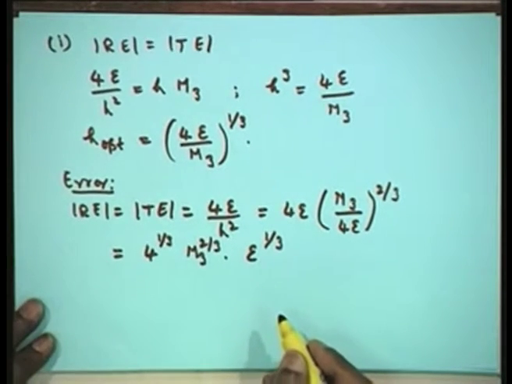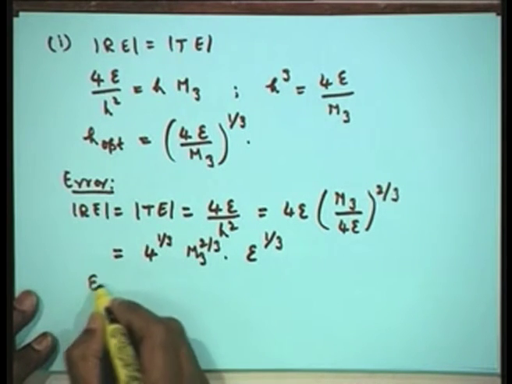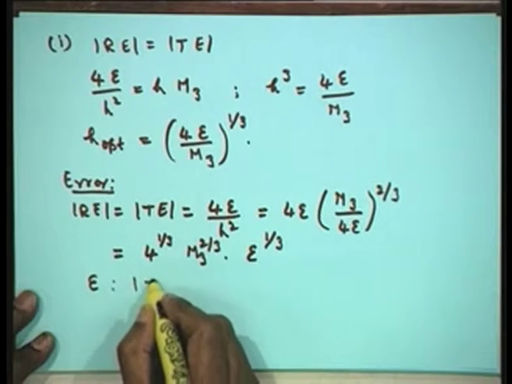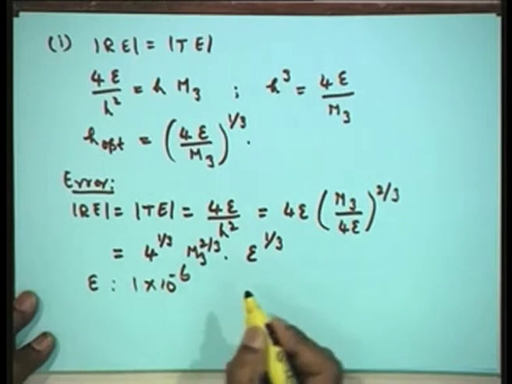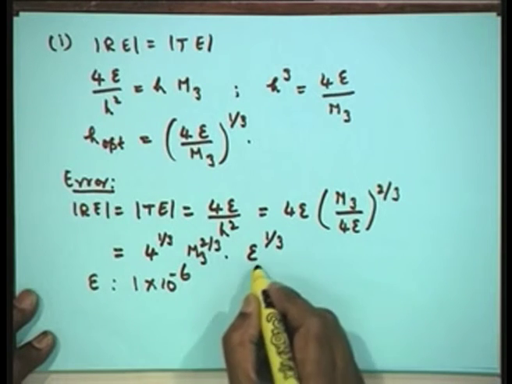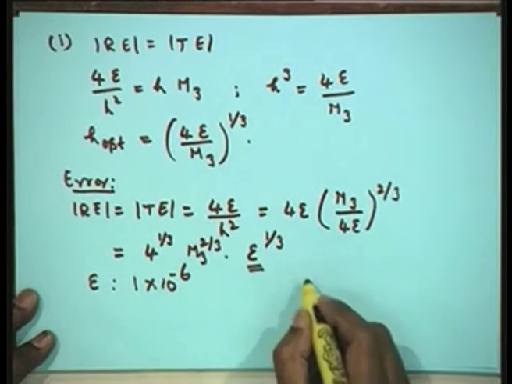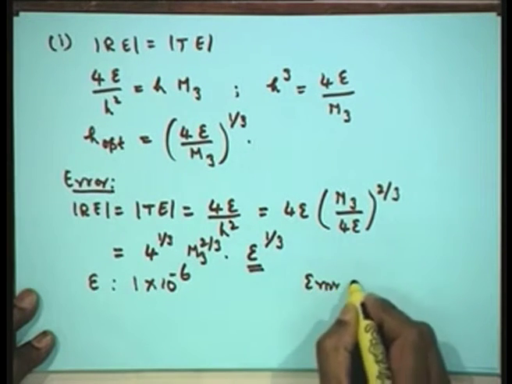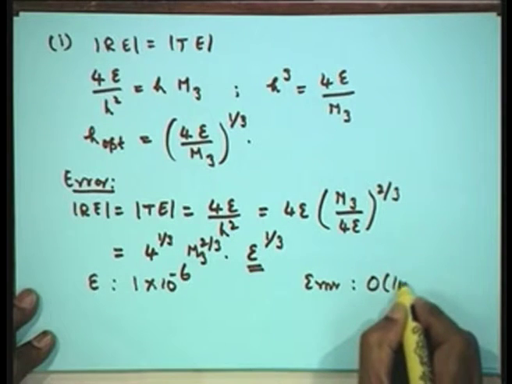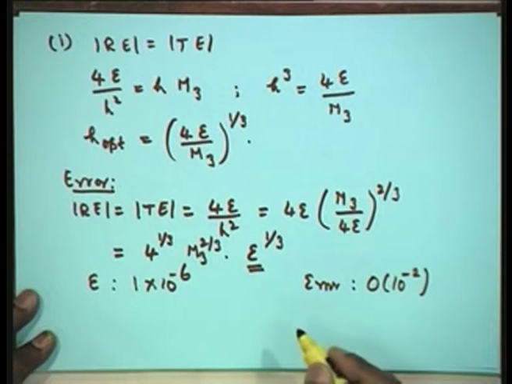Now, you can see the effect of the round off error. If in a particular problem you have said that your maximum round off error is 1 into 10 to the power of minus 6, that is your results are accurate to 6 decimal places in the data, then I find that the error is of the order of epsilon to the power of 1 by 3. So, the error is going to be of the order of epsilon to the power of 1 by 3, which is of the order of 10 to the power of minus 2, the cube root of 10 to the power of minus 6.